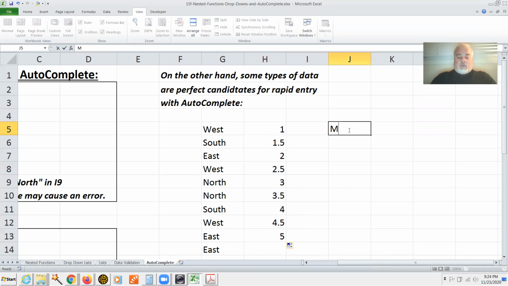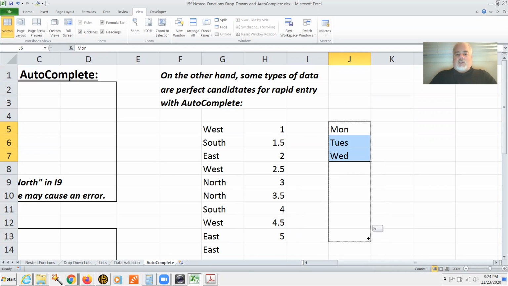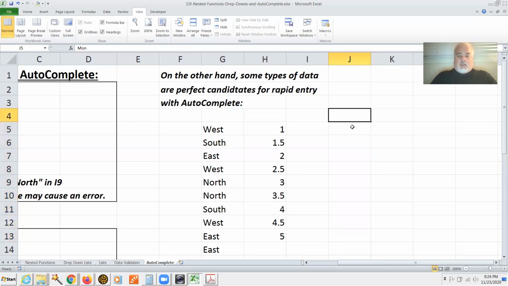Or I could do Mon, I think it works with the abbreviation, Tuesday, Wednesday, Thursday, Friday. Is it going to do it? No. It is only copying. Interesting. I don't know what it did there. That's very interesting. Let me try